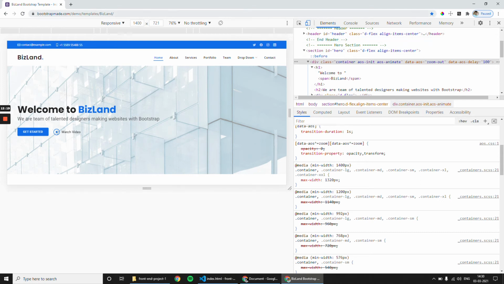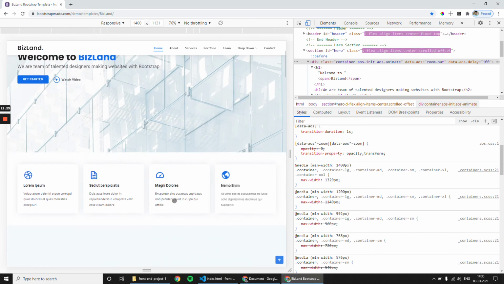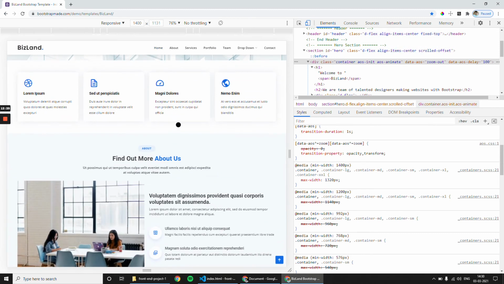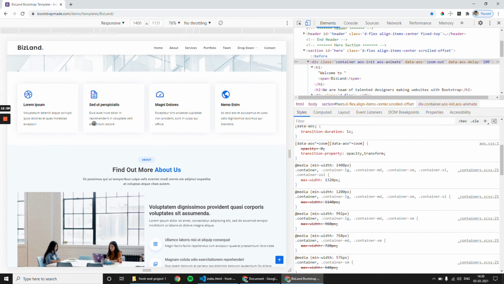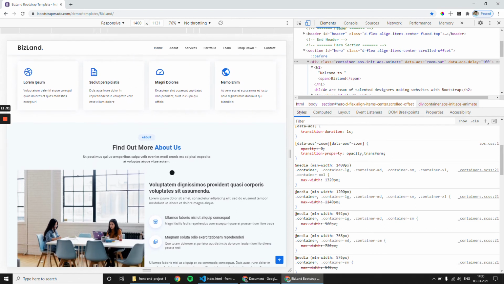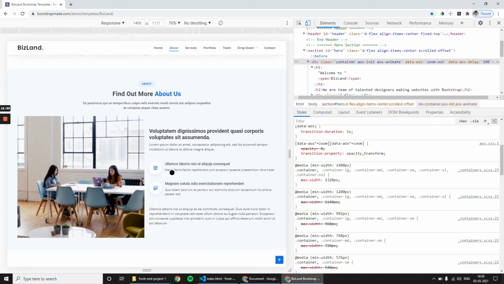Let me open it. It can be any section that you prefer, either this one or the about section. You can take any one and try implementing it. The logic is simple.